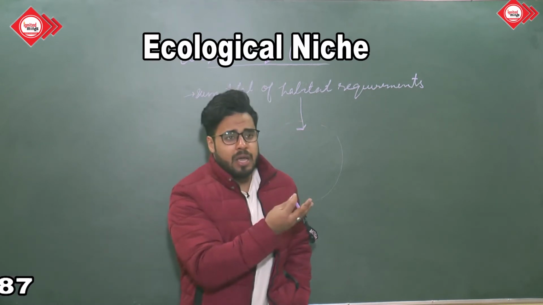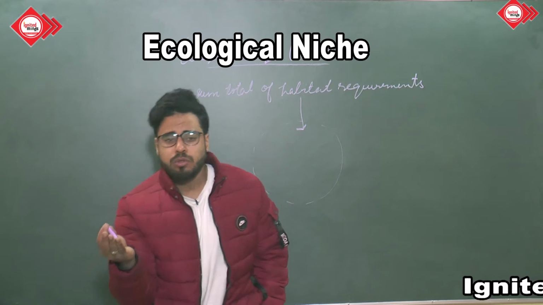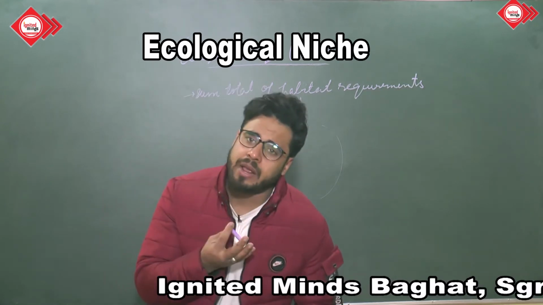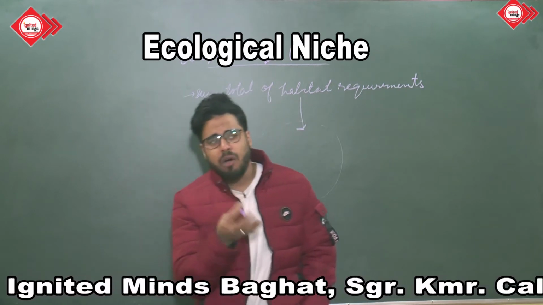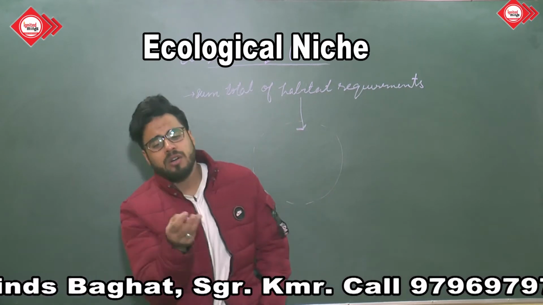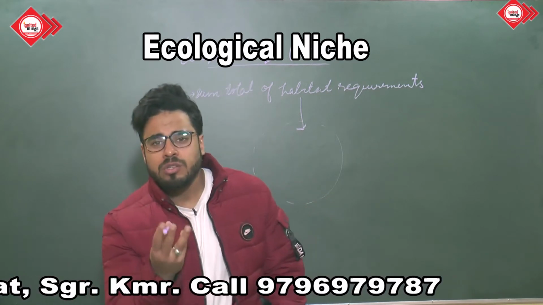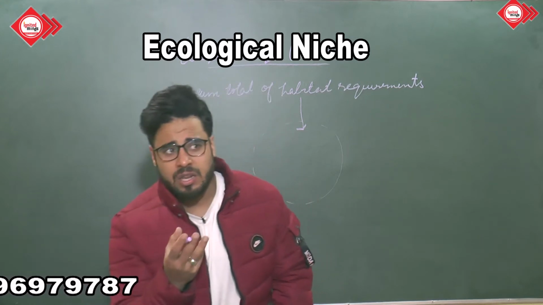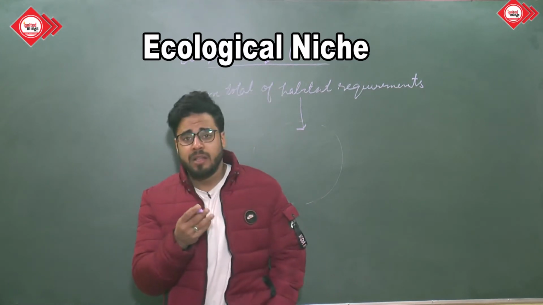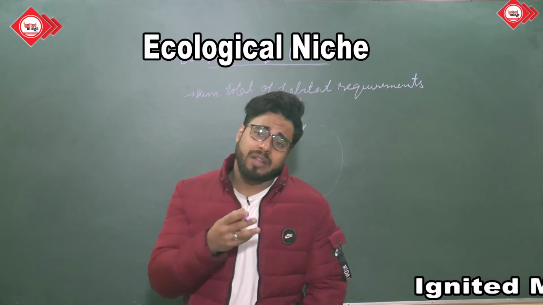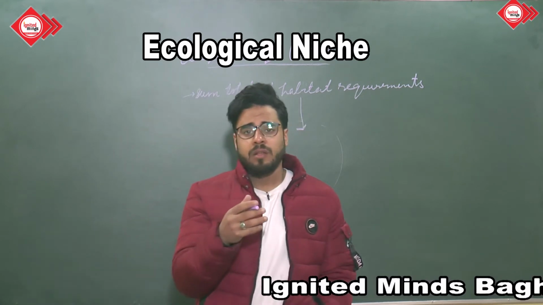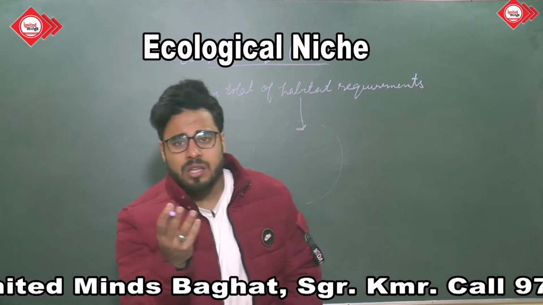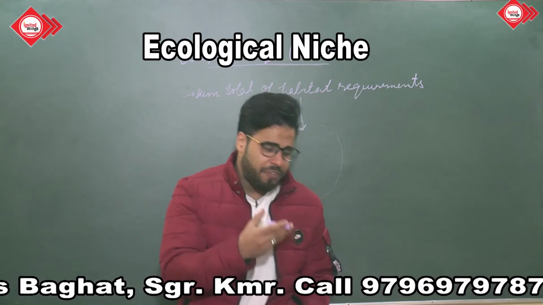If resources are few and competitors are many, there would be a problem for that organism. It will fall itself as a prey. So ecological niche describes how an organism responds to the distribution of resources: how are the resources, and how many competitors are there? If competitors are fewer and resources are abundant, that particular species has a perfect niche at that time.